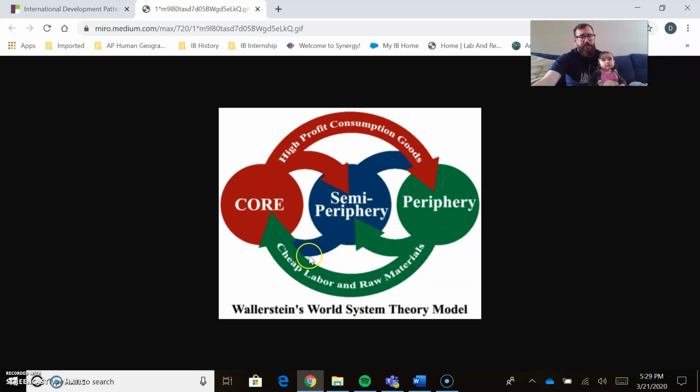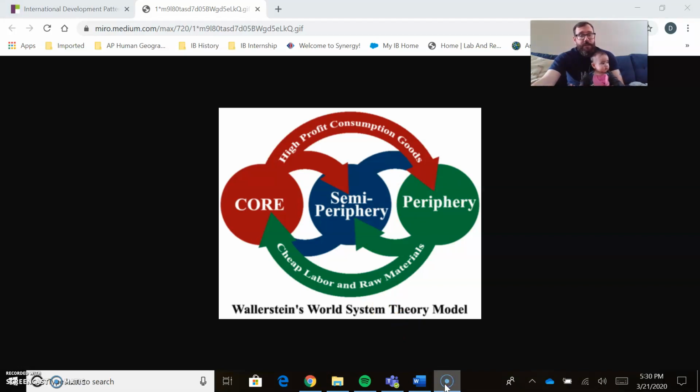Rostow doesn't believe that this situation exists, that the periphery is kind of stuck at the edges and stuck on the margins, whereas Wallerstein and other people who follow dependency theory think, you know what, they are stuck here and they won't really economically develop. They won't reach levels of development that are advanced if they're in the periphery because they're going to be exploited continuously by the core. And as countries move from peripheral to semi-peripheral, the core countries will then just export or outsource their production to somewhere else where they can pay people even lower wages. A new periphery is identified.